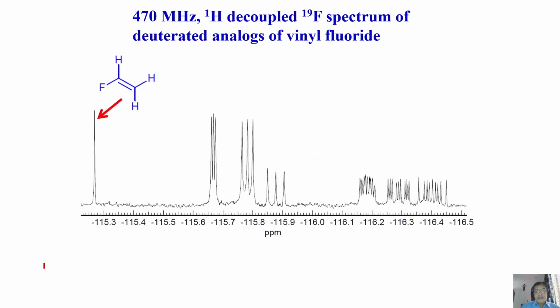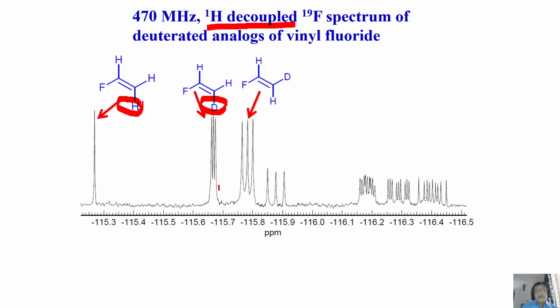Now I am going to give you a last example of this, I think next class. Look at the fluorine NMR spectrum of vinyl fluoride. This is vinyl fluoride. When there is a single fluorine, proton decoupled, remember, so no proton-fluorine coupling, you get a single peak. What if I have deuterium here? Instead of a proton, I replace one of the protons by a deuterium. It becomes three lines. Now I put deuterium here.